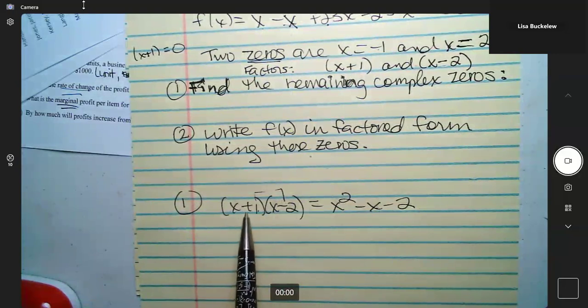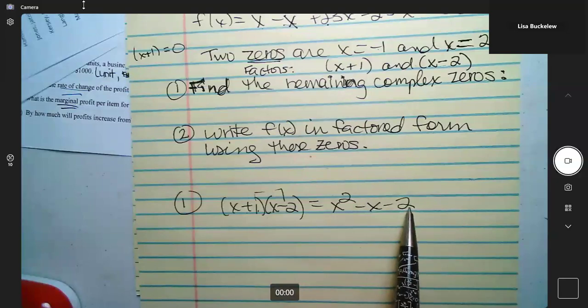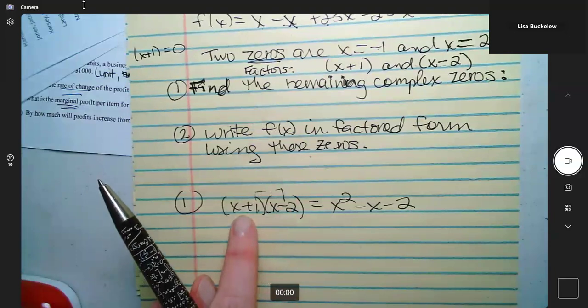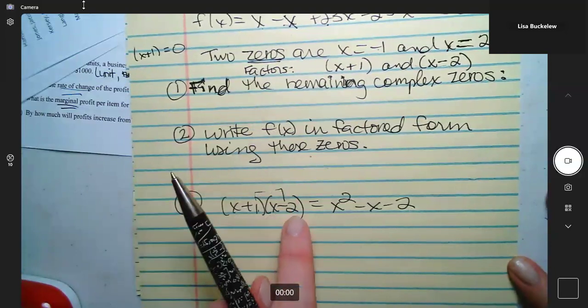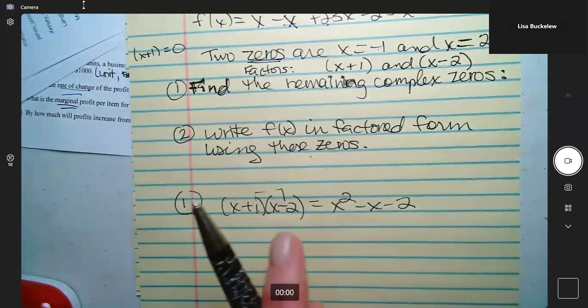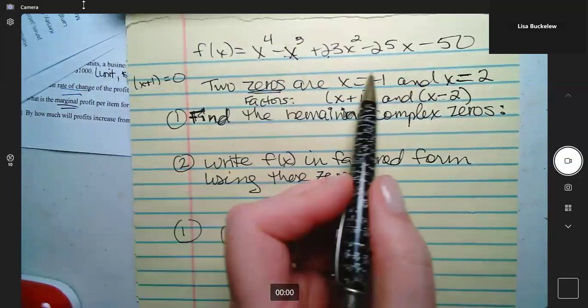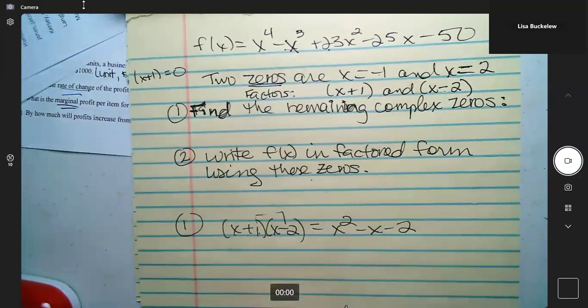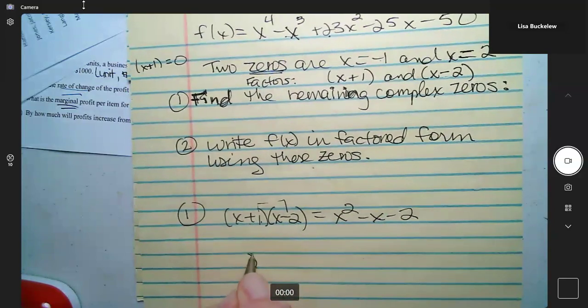Right now I have the two factors, and I just want to get a bigger polynomial so that I can do the division all at once. I could also do a polynomial division over and over again by first using this one as a divisor and then taking that result and using the next one as a divisor, but this will just get to it faster. So what I'm going to do is take this big polynomial, divide it by this piece, and the result should be another expression with x squared in it. So let's do a big quadratic